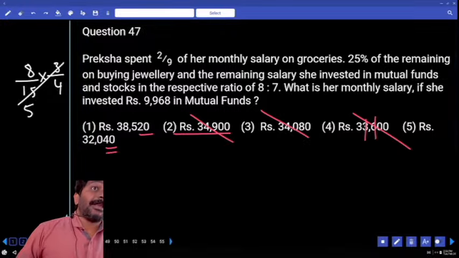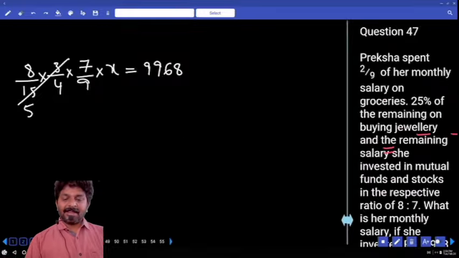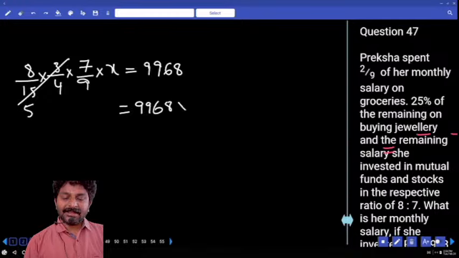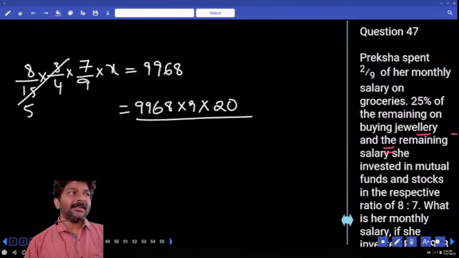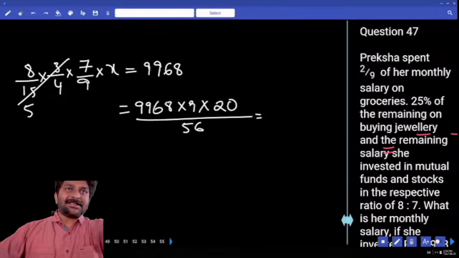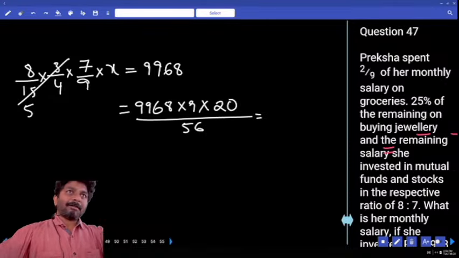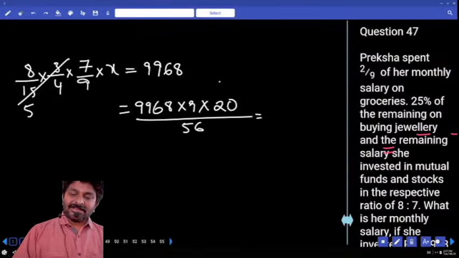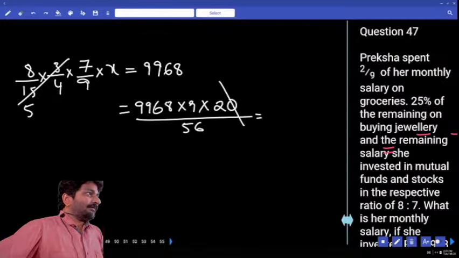Now what do you need to apply? Last digit, LD, last digit of x is equal to 9968 into 9 into 4 into 5, 20 divided by, 50, right. Is there a 0 in the numerator? The options also have 0, only 2 options are left and they have 0, so I will forget about this 0 because